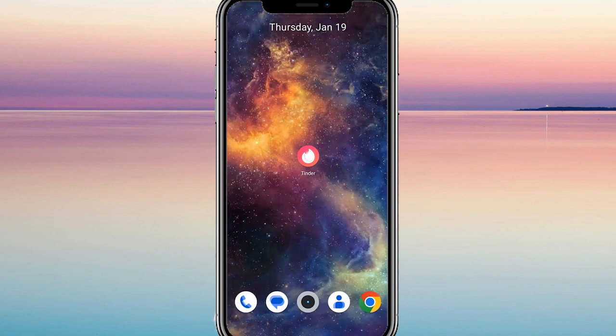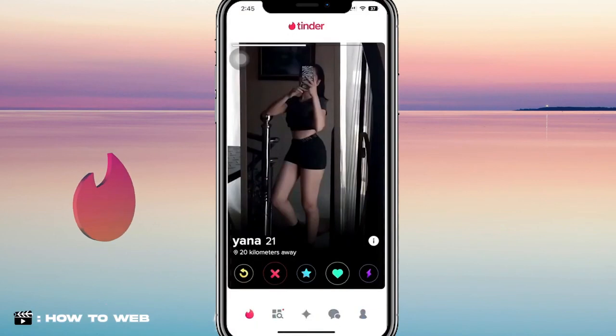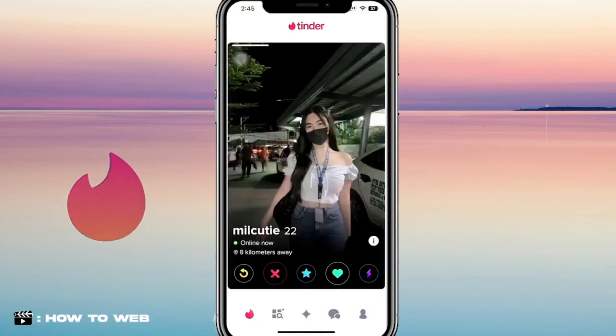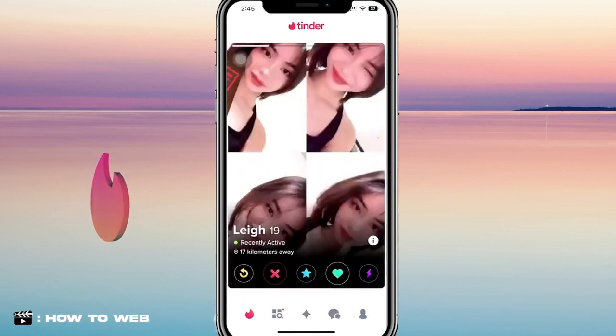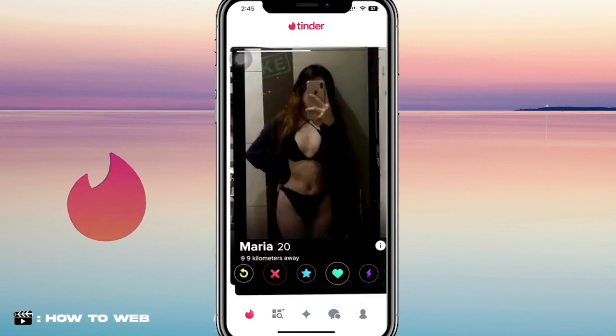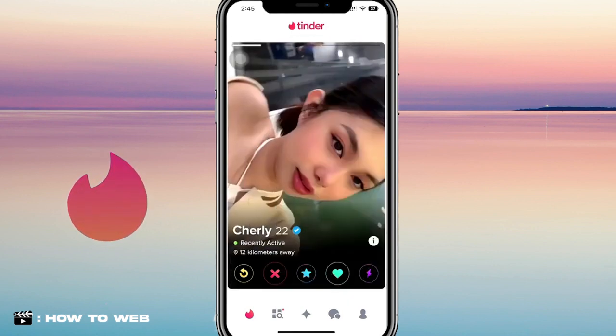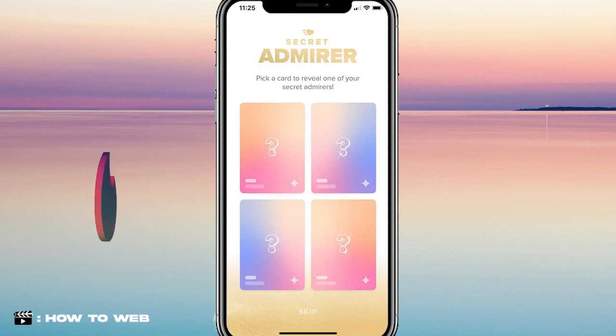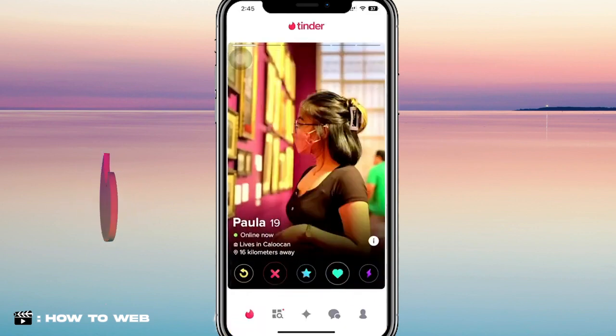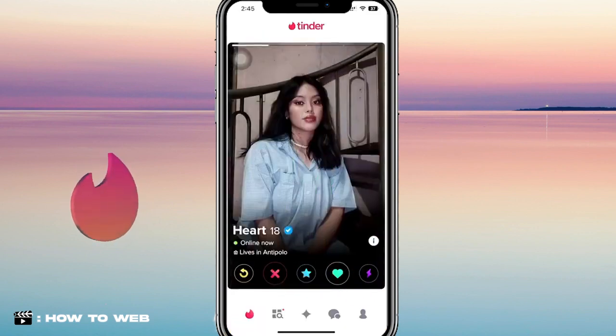Hey guys, let's find out how to display blurred photographs on Tinder without using Tinder Gold today. And finally, this will basically show you those possibilities that you might encounter. And as you continue to swipe on the app, it will essentially start to display the new and enhanced feature, which is obviously the hidden admirer function on Tinder, within a few days or weeks after you start using